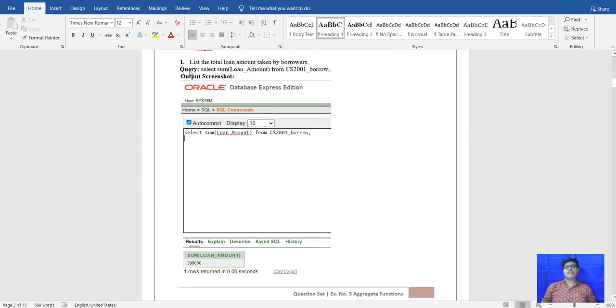The first question of the experiment is to list the total loan amount taken by the borrowers.